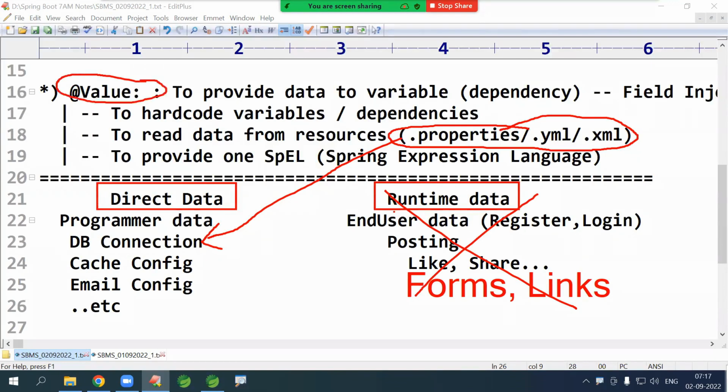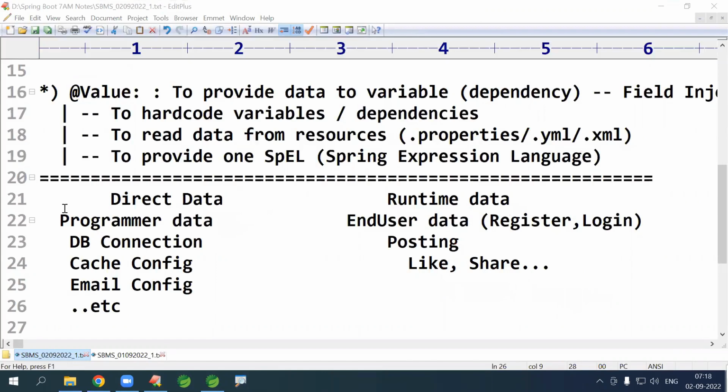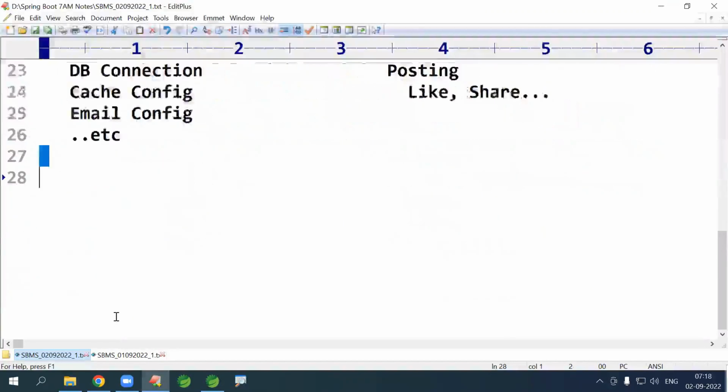The annotation purpose is to provide some data to the variables from properties or YAML, which is going to indicate programming data, or data which is needed to run the application, to start the application. Hope you're getting the point. Okay, I'm just giving the same point here. Why are we using